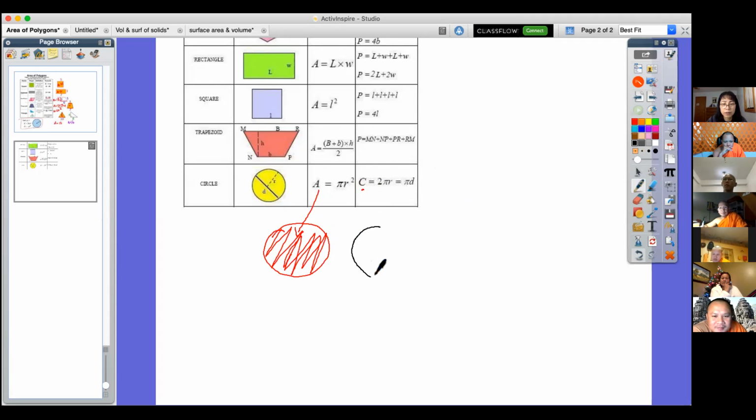Okay, distance around, yeah, distance around. So C is the circumference, the distance around the can, that's what C is. Okay, C is the distance around the can, because area is